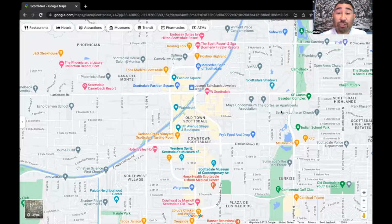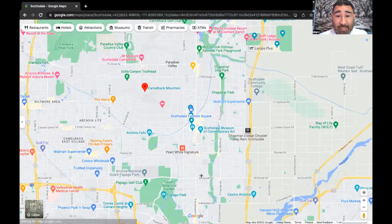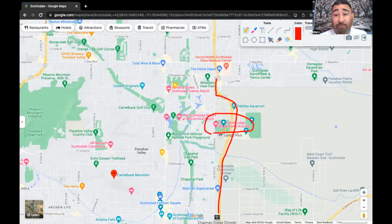Now, there's a lot more to it, but I want to get to some of the other areas. So let's zoom out, and I'm going to show you a little bit of that Central Scottsdale area. All we're doing is traveling up the 101, and we're right in this area right here. Already you have this fantastic resort called the Great Wolf Lodge. This is an amazing place for families that have children because they have an indoor water park, and it's only